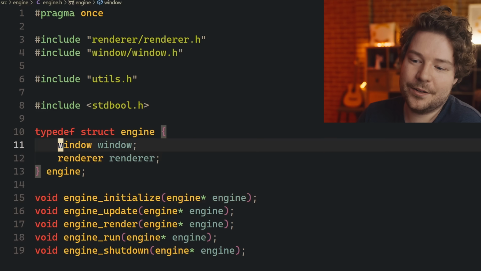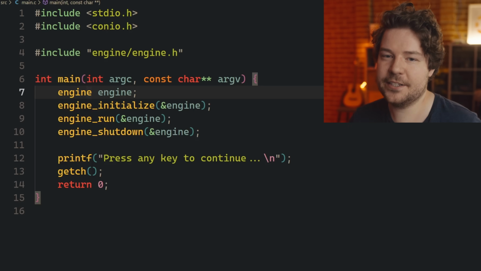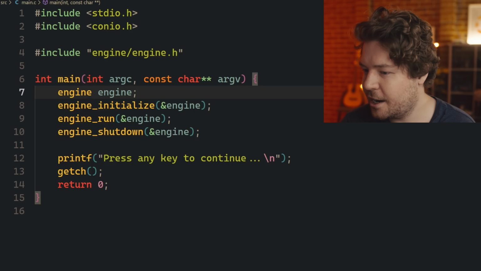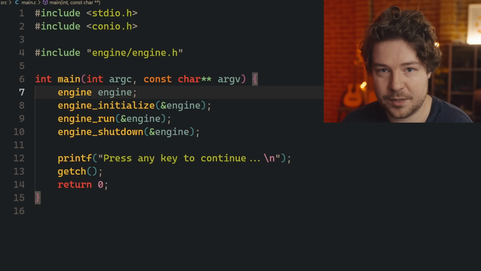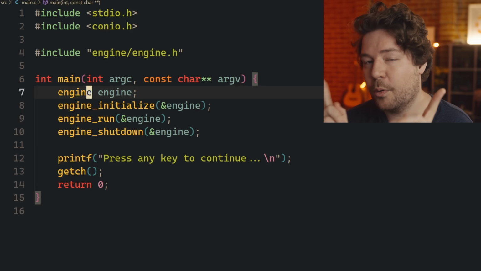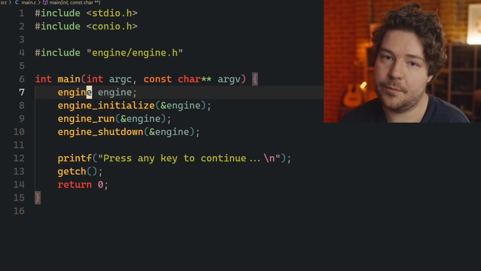Same with window and renderer, I'd make them uppercase. Now, what I like already is, and this is the beauty of C, right? I prefer C++. I like C++. I think it's a great language. And more importantly, I think that everything you see here could obviously be done exactly the same way in C++.